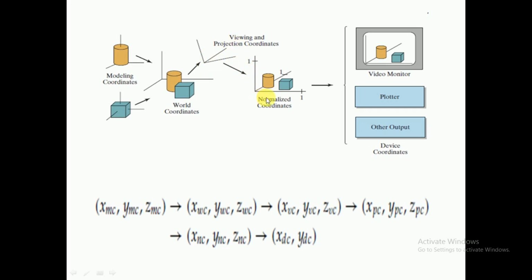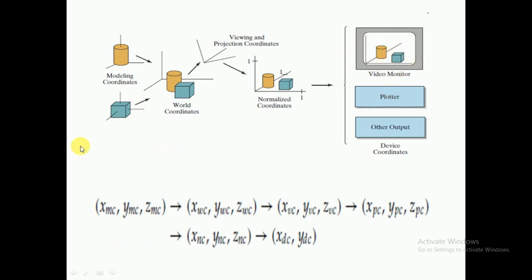Then afterwards you do normalization. Means whatever object is here, everything has to be represented between 0 to plus 1, 0 to plus 1, 0 to plus 1, or if you take minus 1 to 1, minus 1 to 1, in all directions. This is what normalized coordinate means. Whatever values you have given, you might have given 10, 10, 100, 1, but everything is mapped between 0 to 1 in the x direction, 0 to 1 in the y direction, and 0 to 1 in the z direction. Every object will come. Then this normalized coordinate has to be converted to monitor device coordinates. Then afterwards you have to convert to device coordinate. Then that will display on the video monitor, right? Then this is what you will see as the output.